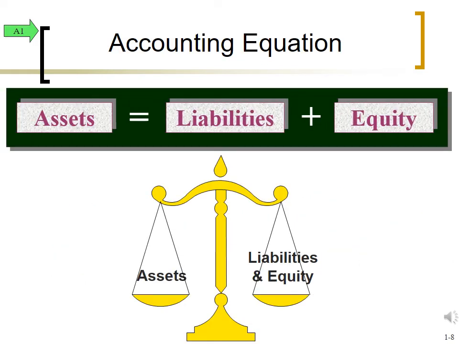Okay, what you see in front of you is something you're going to become very familiar with, at least hopefully through the rest of the course, but specifically in these first few chapters. And it's called the accounting equation. And as you can see, an equation has an equal sign in it, which means something on the left side of that equal sign has to equal something on the right side. And in this case, the assets will always have to equal the liabilities plus equity.